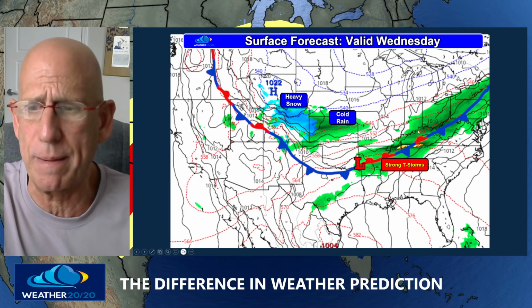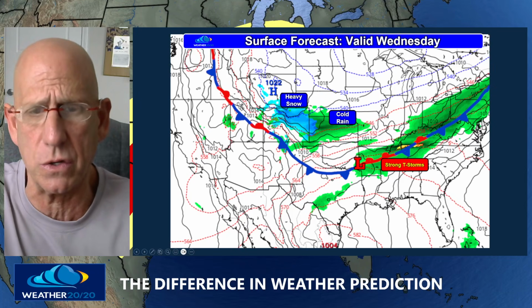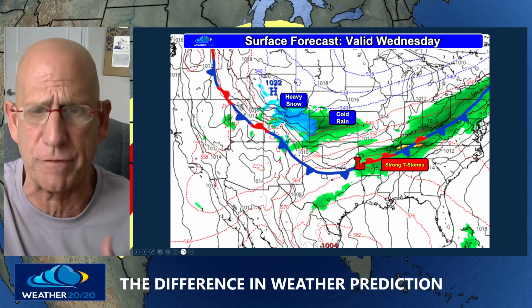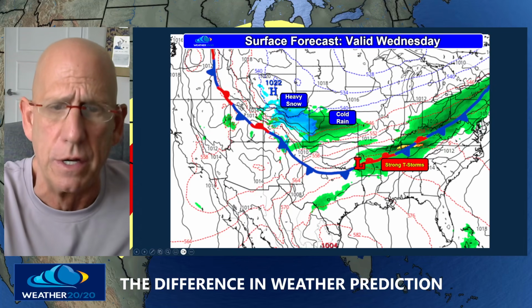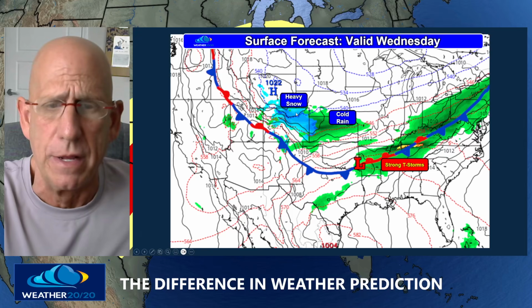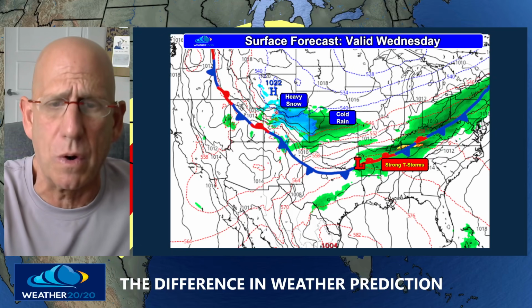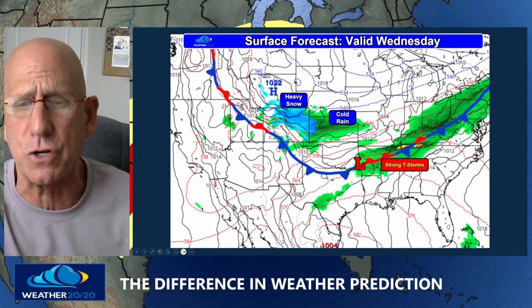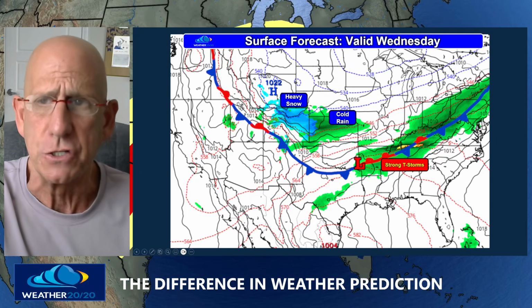Strong thunderstorms may break out near this front in the southeast. The storm is sort of weakening, as it has done all season long. That's why it's always suspect for snow. But the fact this has produced snow in this part of the pattern gives me high confidence it's going to do so again. And you can see here, snow across eastern Colorado extending into western Kansas, where we really need some moisture. So this is a forecast for